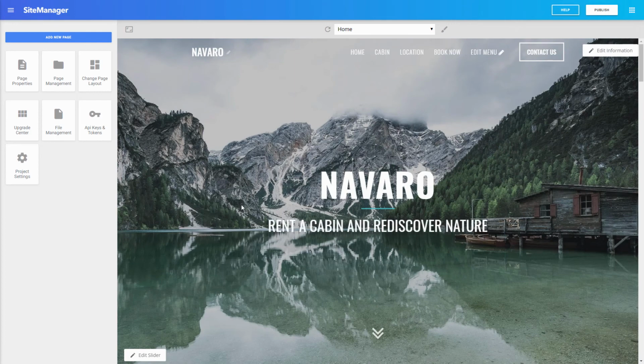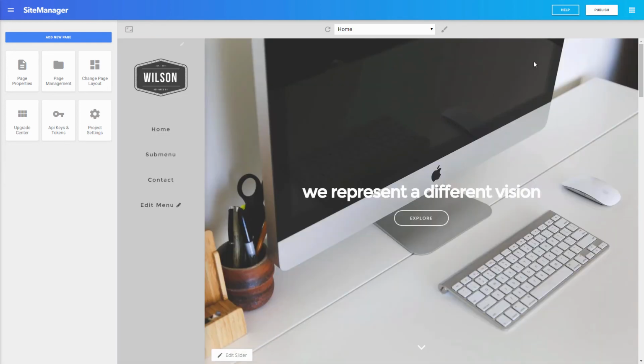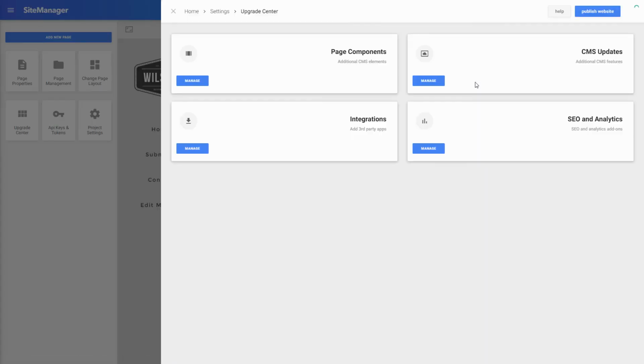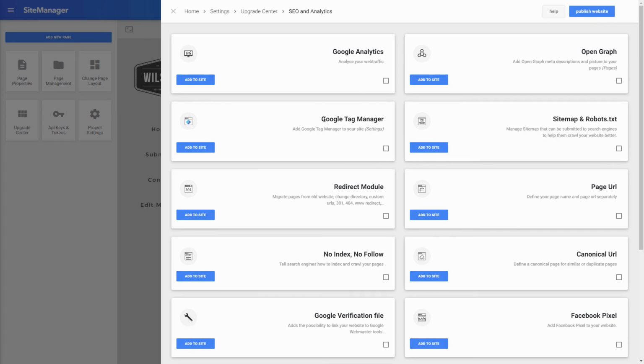to your project. In this example, I've used Google Tag Manager and Google Analytics, but you can use any tracking that you like or create some tracking of your own if you want to do that. But I guess most people will use Tag Manager and Google Analytics. I quickly logged into another project to show you how to add Google Analytics and Google Tag Manager to your project. So you go to the Upgrade Center, where you go to SEO and Analytics, and you will notice that Google Analytics and Google Tag Manager are right here, so you can just select them and add them to your